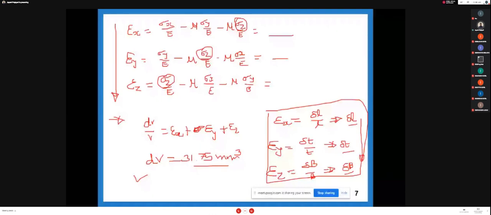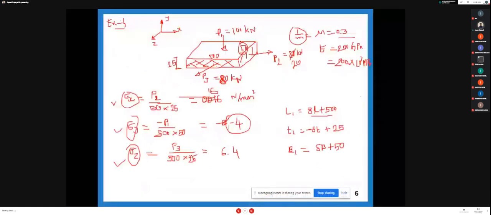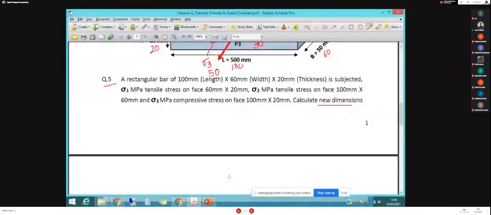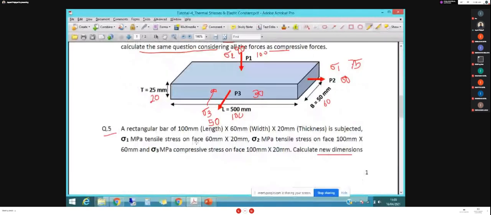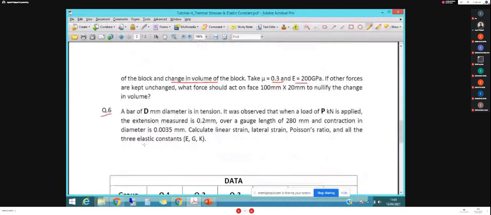So in the next example no any changes, only your example will be reduced up to this portion. Here you are not calculating the stress value, because it is directly given. So directly put here and calculate this answer. So this example number 5 is parallel to example number 4. Replace force with stress. That is the only change. Okay, so this example number 5 you can also do yourself. Now the last example, number 6, is based on the elastic constants. So this portion is not covered in your classroom. So next time we are taking this last example and starting with the next tutorial.